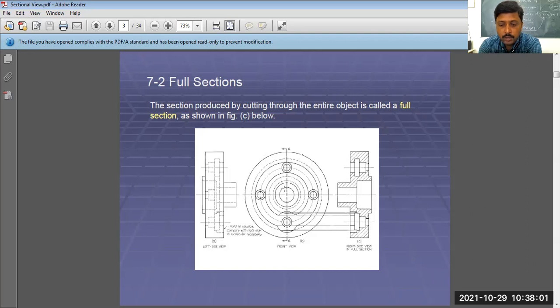Similarly, when we cut a component, we have to pull it out to see what is inside. It is not possible to just cut and see. It is not of use. So in that case, we have to cut the part and pull it out. So two different things we can do. We can pull it out on the left side or pull it out on the right side. Depending upon that, we are going to give the sectional view, or we can see the internal construction in the component. Okay, so this is the first case of full section. Let's move further.